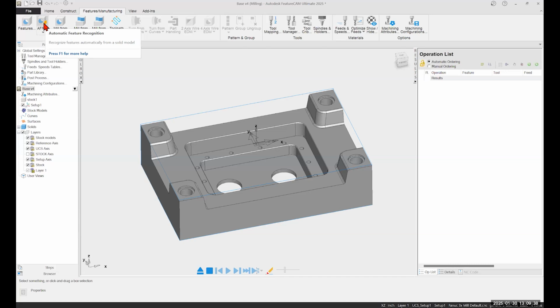I've used a couple with some so-called feature recognition. FeatureCAM by far beats out all of them in the ease of use and the amount of recognition that it actually does with your models. So what's going to happen here is when I select AFR,